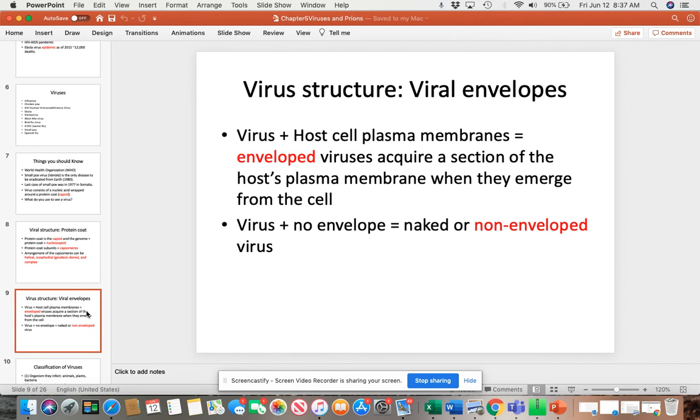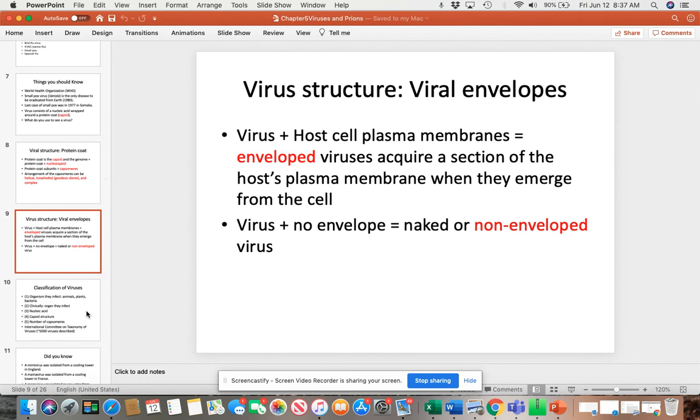Now, viruses can be enveloped or non-enveloped. So what does that mean? A virus that's enveloped pretty much means that as it leaves its host, it acquires a piece of the plasma membrane. So this is another way you can group viruses, not really identify them, but group viruses. Remember, you first have to find specific things or ways to first group, and then you eventually determine the specific